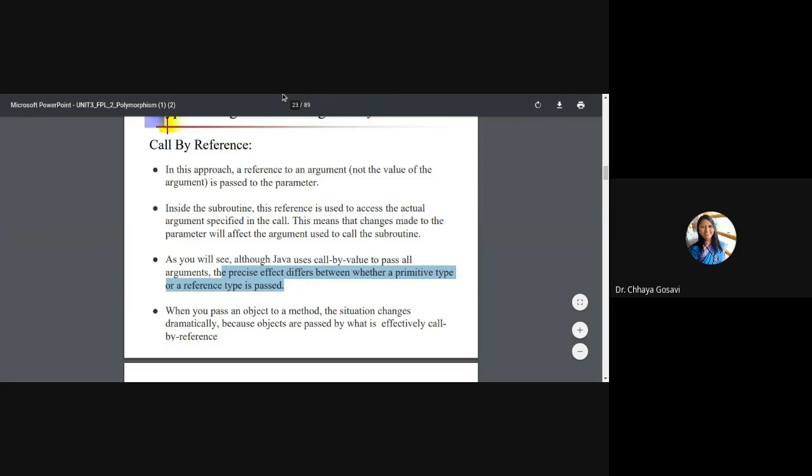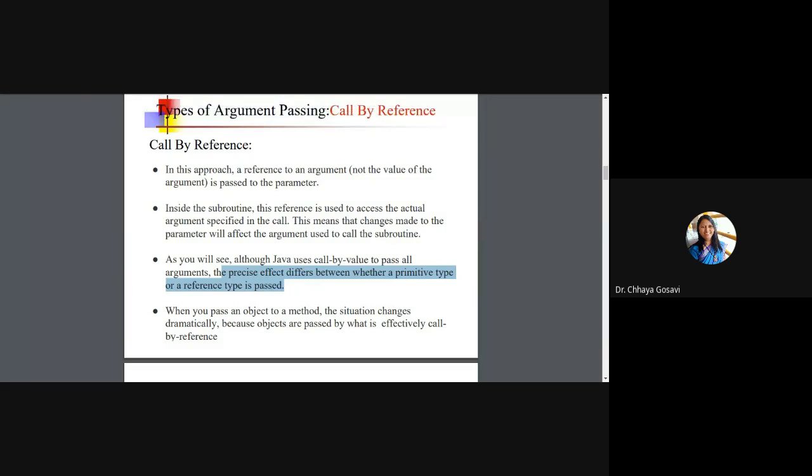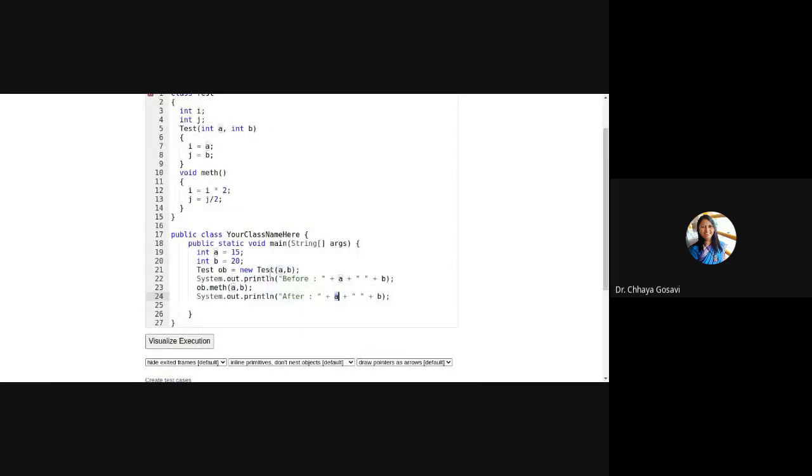So what we do here, instead of passing these values, you have created that object, and here no need to pass the values. We pass that object ob. We can pass object ob.